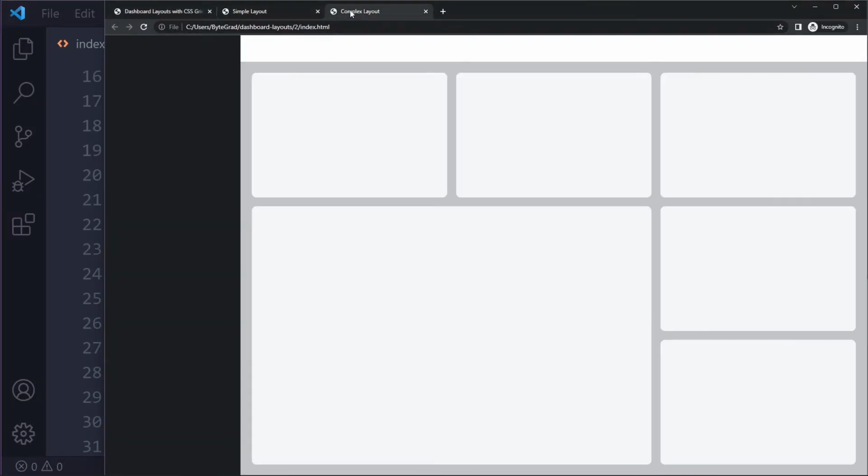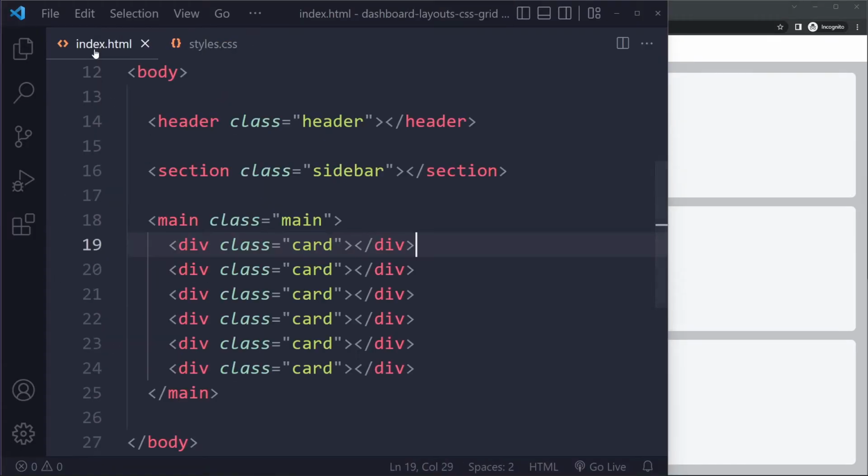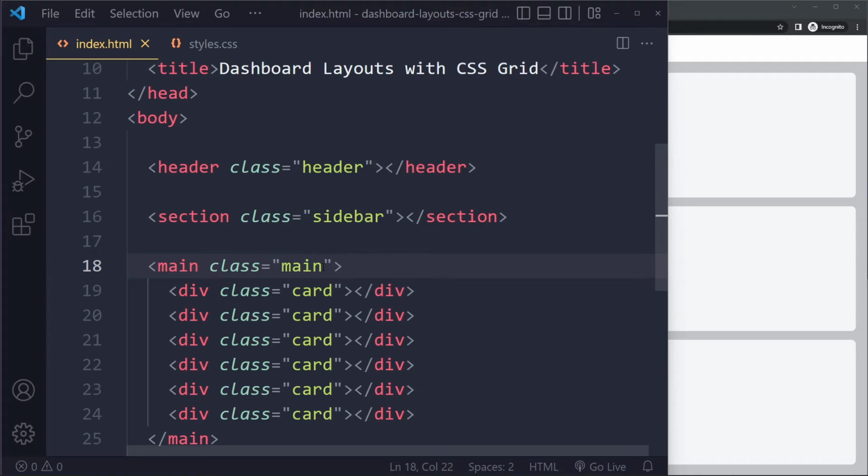Now, when you deal with a layout like this, what you're going to have is a nested layout. So here, we're going to use CSS grid again. We're going to create a new grid, and we're going to place these cards. These are going to be grid items in that grid. So you can nest grids, and it actually works as expected. It sounds very complex, but you have to understand this main element is a grid item in relation to this body element,